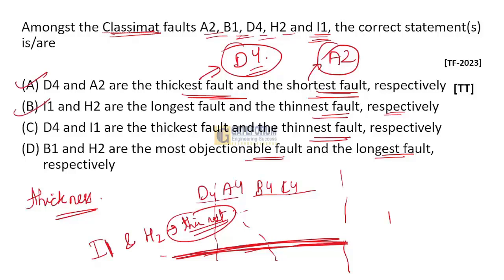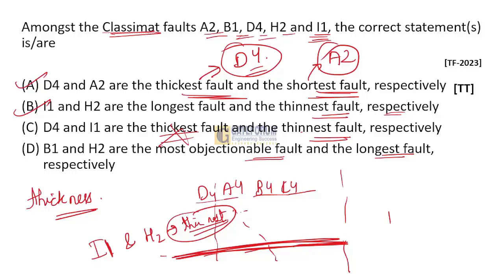So option number A, option number B is correct. The thickest fault is D4, and I1 is not the thickest fault; I1 is basically the longest fault. The thickest fault and thinnest fault are not considered by I1. The thickest fault is D4 and